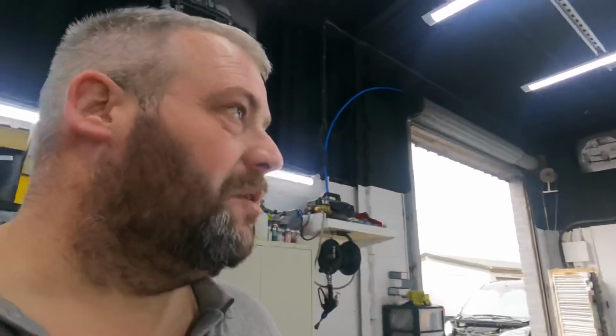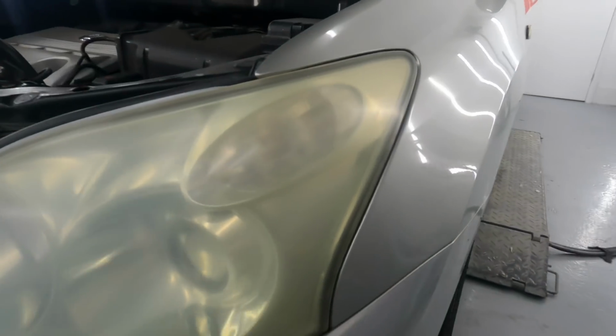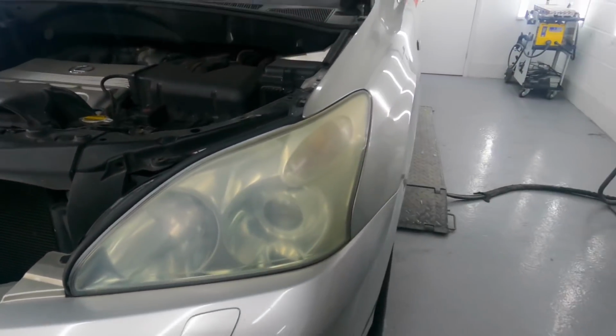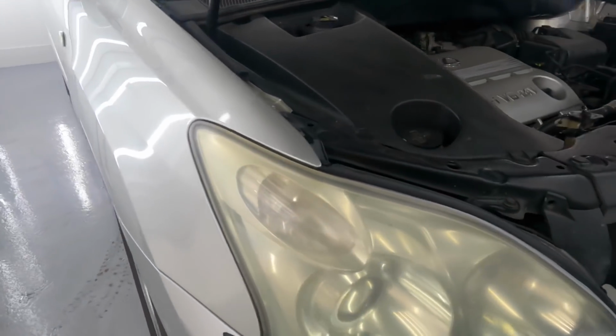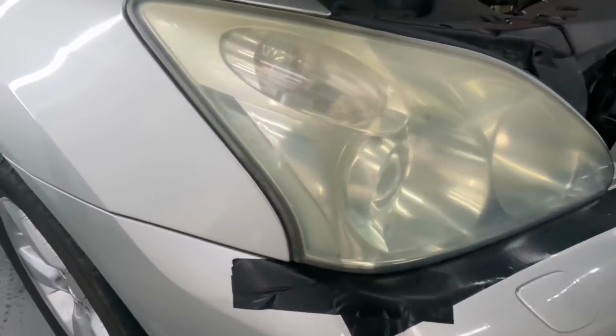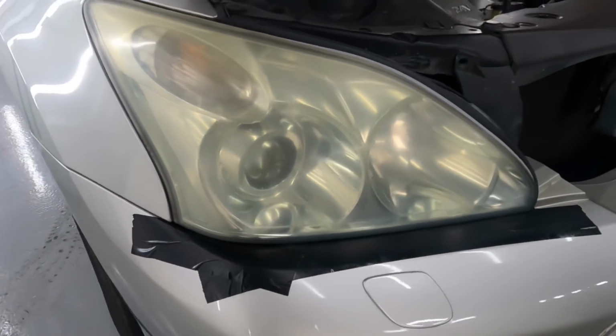So I want to make sure everything is as clean as possible so I can paint them parts. We're going to clear coat the headlights first. These are the headlights. You can see the oxidisation. We're going to try our utmost to get them looking nice again. You see I've just started taping this off. This is a bumper off job to remove these headlights by the look of it, so we're not going that far. This is a friend's car, so